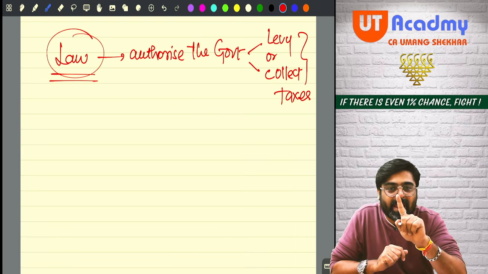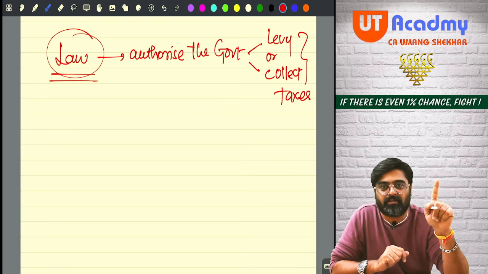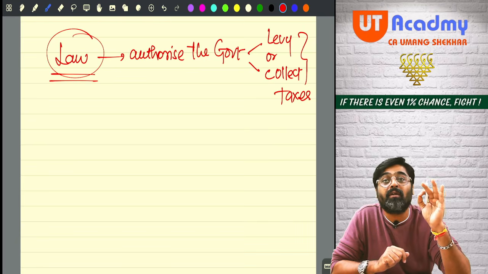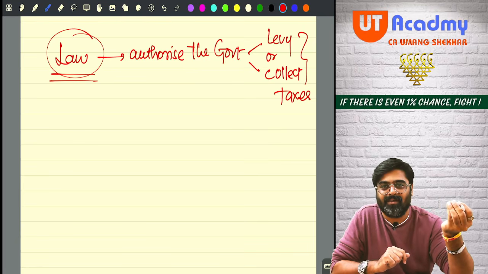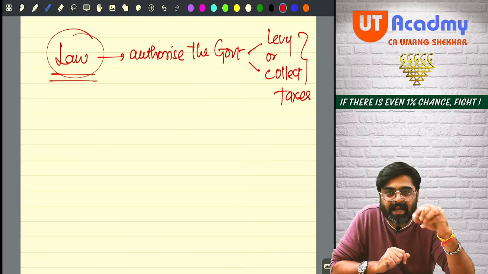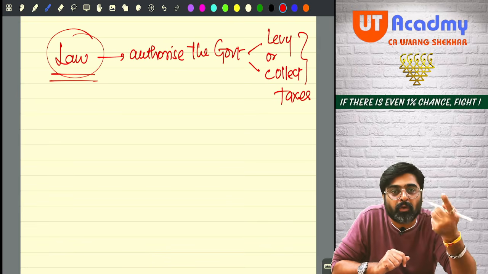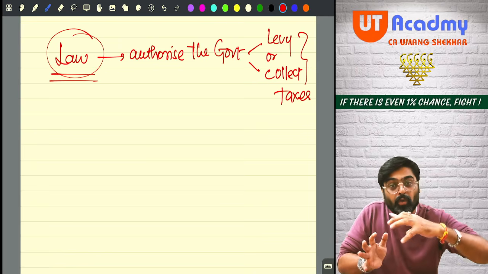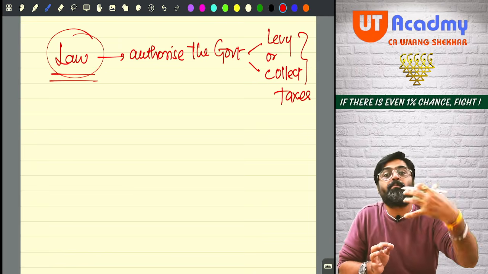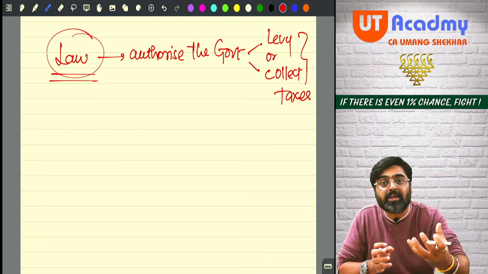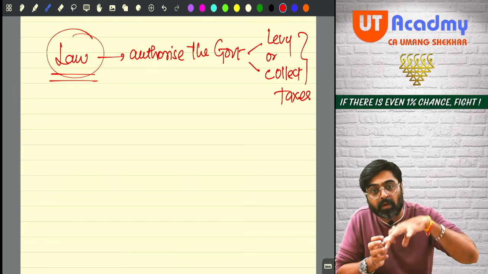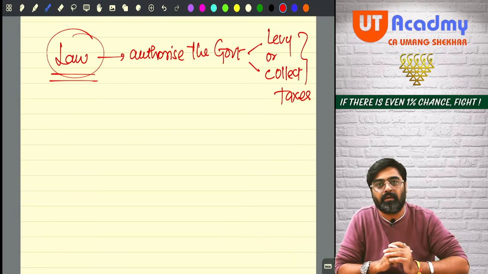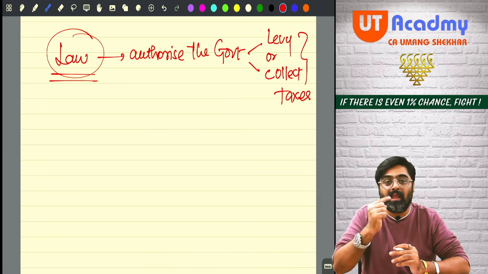So law making power is never given to the governments. Please remember this. This is a basic thing which we have learned in our school times. Law making body in India is not government. Government is the executive body. The laws which are made are to be executed by the government, implemented by the government. Government makes sure that those laws are followed in India. Execution work is done by the government, not the law making work.